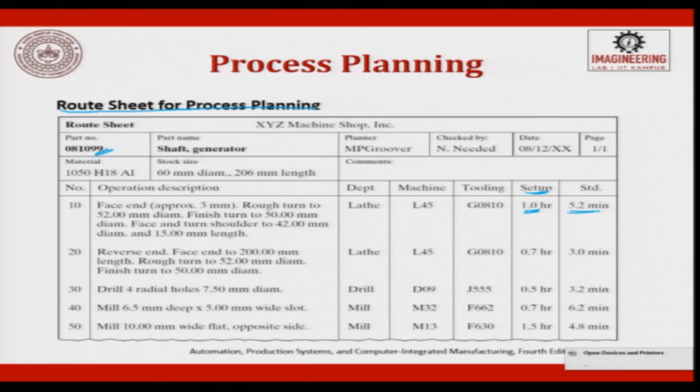Then we try to write who is the planner who has made this, who has checked this information, when has he checked, what is the date. They see, this is a very interesting way to write one by one. Suppose if they write only page 1 and we do not know whether there is a page 2, page 3, page 4 for it. Suppose if we write it as 1 of 4, then you know there are 3 more sheets to be followed. So, this is the best way of writing.